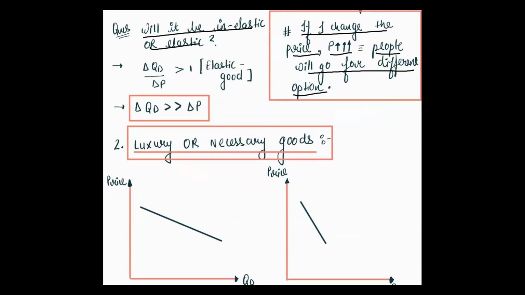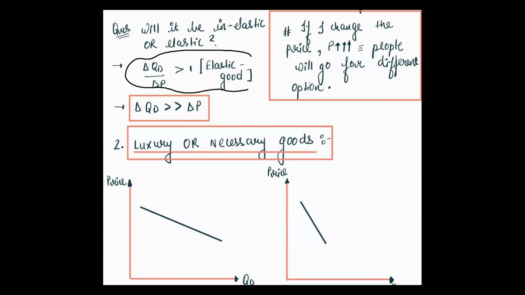So obviously, if we increase the price, people will go for substitute goods. They will go for different products, right? So it is an elastic good. अगर number of substitutes ज़्यादा होंगे, तो always the PED value should be greater than 1. You should remember change in quantity demanded is always greater than the change in price. ठीक है? So it will never be inelastic if there are many goods available for a particular good. अगर बहुत सारे substitutes available हैं, so every time that good will be elastic.